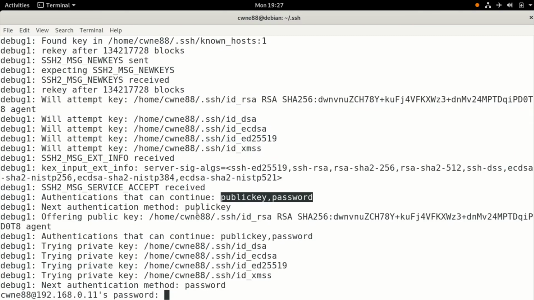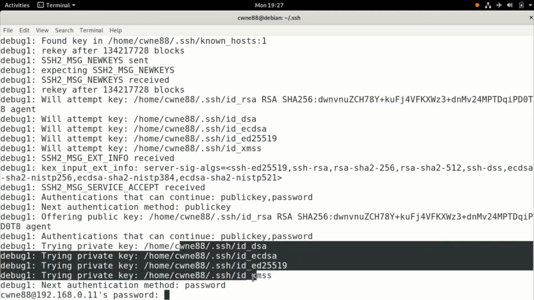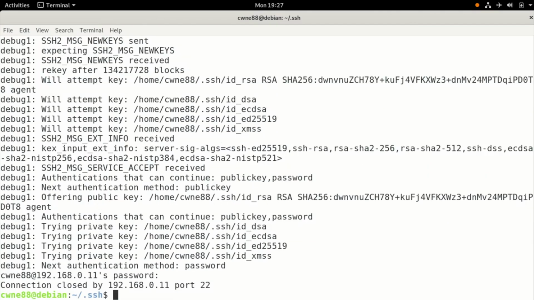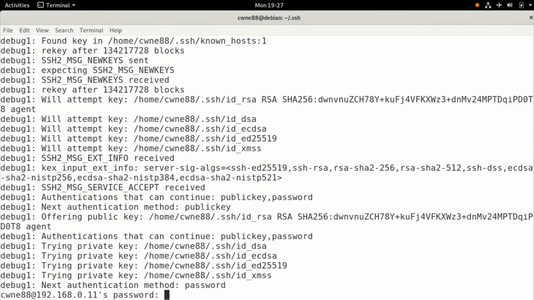So it tried public key. Next authentication method, public key. It offered our key, the one that's in there, the one I showed you, but once it gets over there, it tries it, and this would have rejected it because it doesn't have it. So now the next authentication method is password, and that's when it asks me for a password, which is probably timed out by now. Yeah, that's timed out because I took too long,